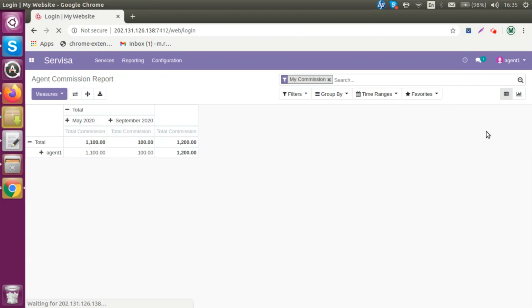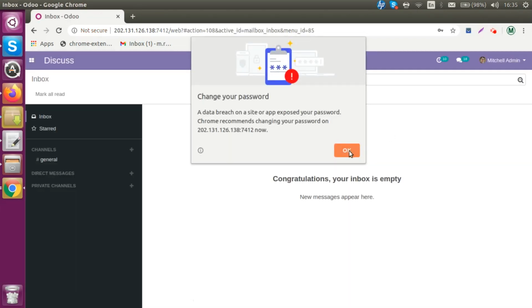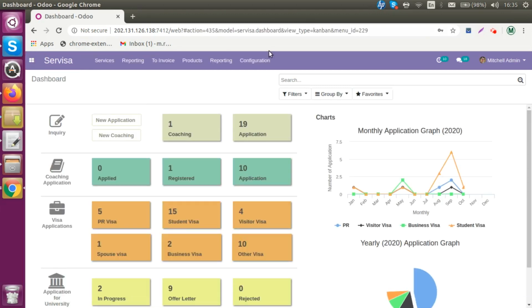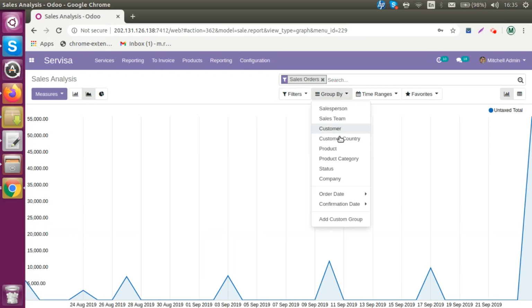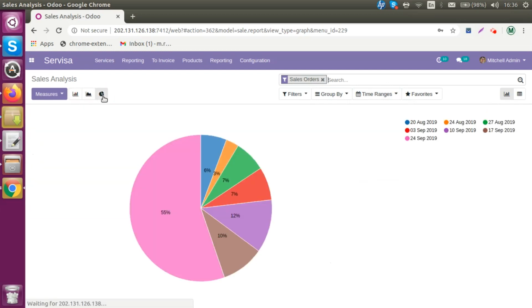Okay. Let me show you the reporting as an admin user also. Over here there are different reports, sales reporting, where you can define the number of sale orders monthly, and with the help of these search fields you can have every single piece of information. For example, the customers, the sales team, the salesperson, the time range. Also you can have different views like line chart, graph,